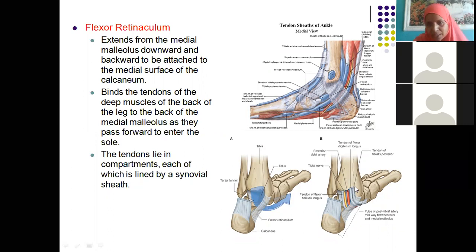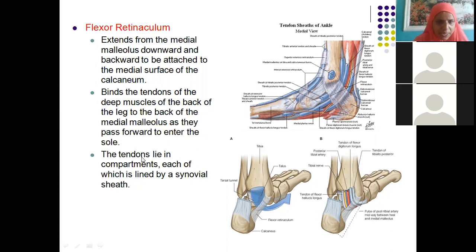You can see this view also. Tibialis posterior, flexor digitorum longus, flexor hallucis longus, posterior tibial artery and tibial nerve. In front we had the anterior tibial artery and deep peroneal nerve. And we know in the posterior compartment, the blood vessel is the posterior tibial artery and the nerve supply is the tibial nerve. That's how you are finding the tendons and also the blood vessels and nerves entering from the posterior compartment to the sole, the plantar aspect.